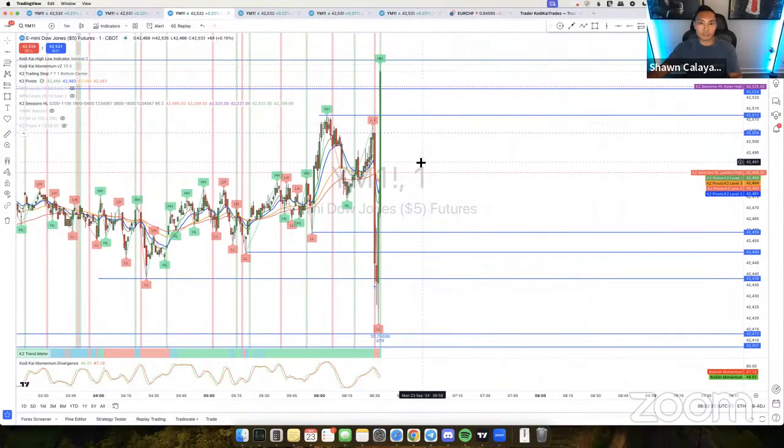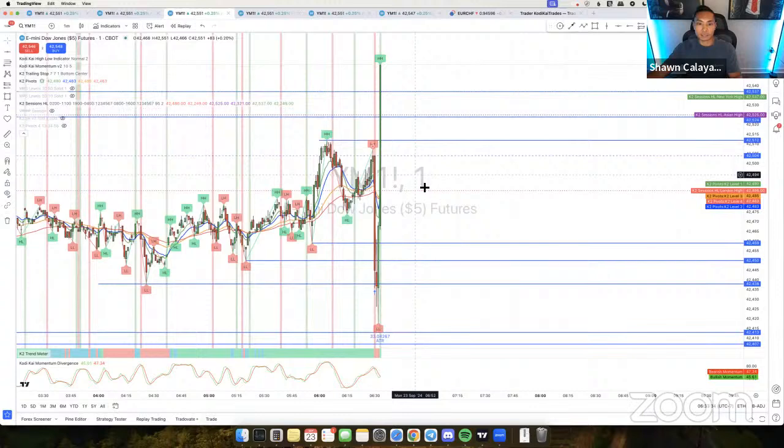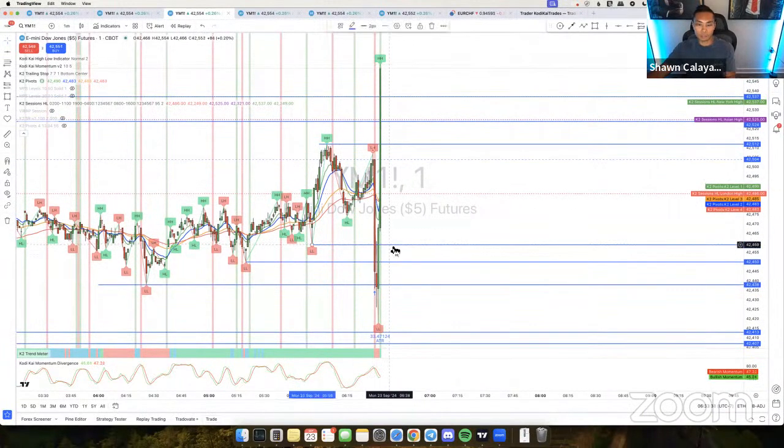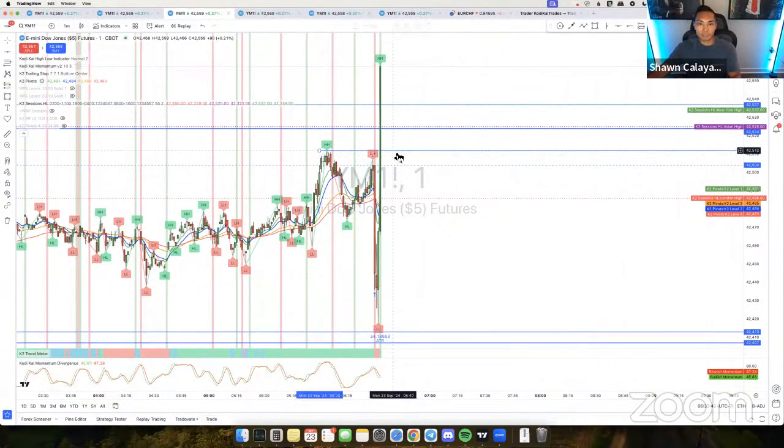I'm actually kind of glad it closed out at the 50 points now, because this is what I was hoping not to happen. I was hoping price wasn't going to range and it was going to move in a direction at least 100 points on open, which is typically what happens when the volatility is high. But you can see over here, price is now ranging. So it came down, knocked out liquidity down here. Then it shot all the way back up, knocked out liquidity up here.